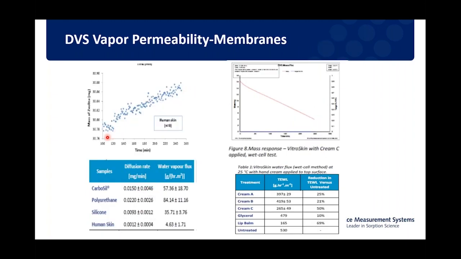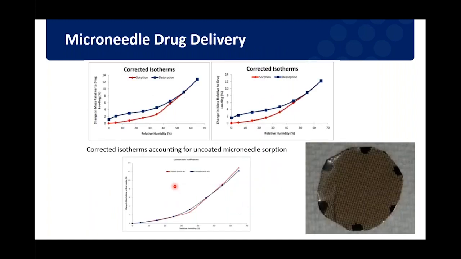You can even do it with skin samples. You can do it with vitro skin or synthetic skin, which is what we're looking at here. And here you can see this is different vitro skin samples treated with different creams or glycerols or humectants. And we can look at the change in water loss or water flux across that membrane as we treat that with different materials. We can also look at different medical or microneedles or deliveries.